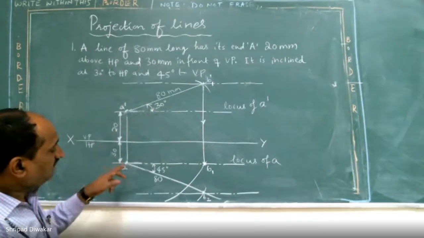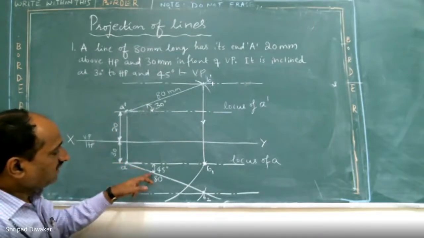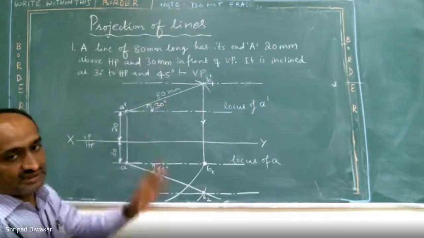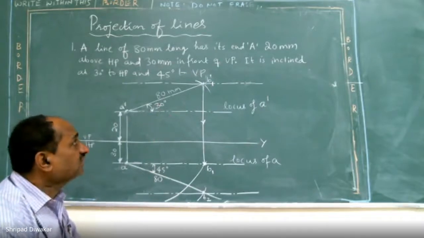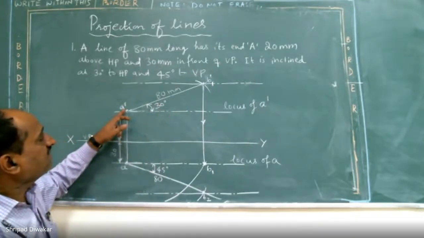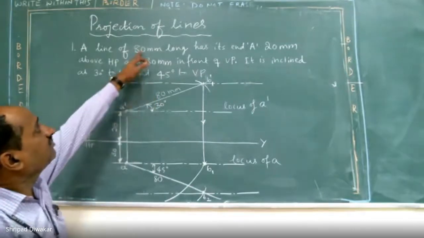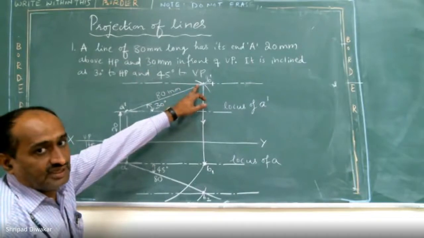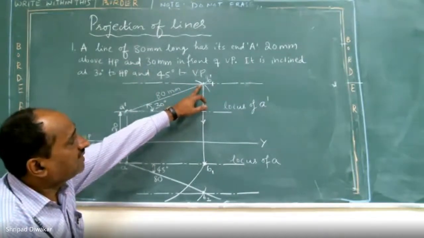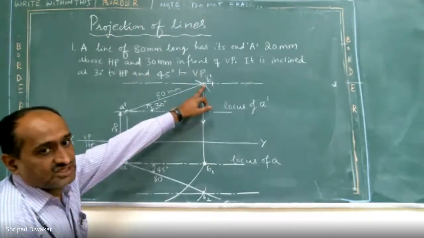Similarly, in the same way, you have to draw the line at an angle of 45. Just draw the line, don't worry about the dimension. After that, you have to take the true length. Take A dash as center, true length 80 mm as the radius, cut the arc on the 30 degree line. You get one point.